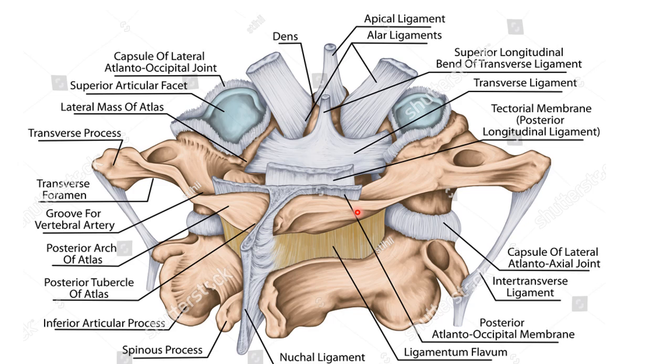Further behind, you have the ligament running from the lamina of C3, C2 to C1, that is the ligamentum flavum. The ligamentum flavum between the atlas and occipital bone is known as the posterior atlanto-occipital membrane, which you already saw in the previous picture. Now to wind up, this is the nuchal ligament between the spinous processes, and this is the intertransverse ligament between the transverse processes. So that is all about the